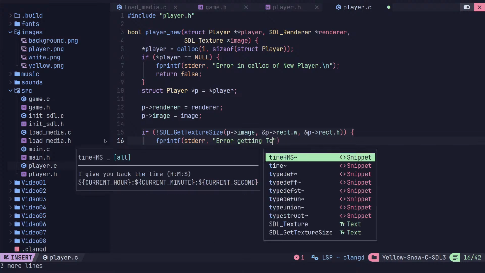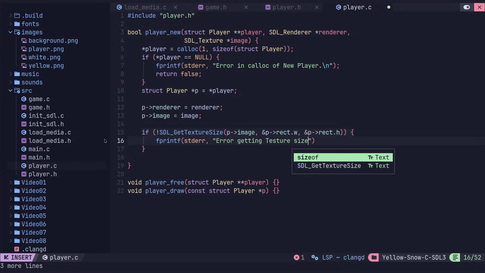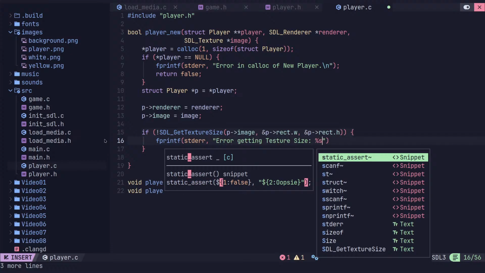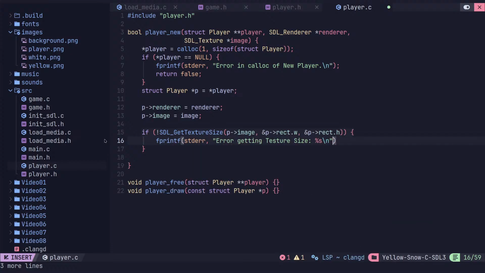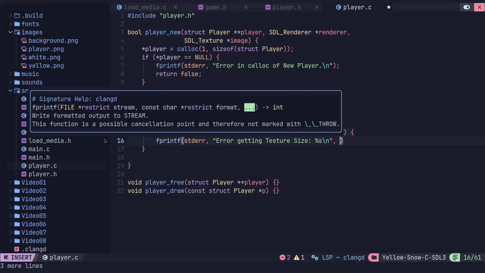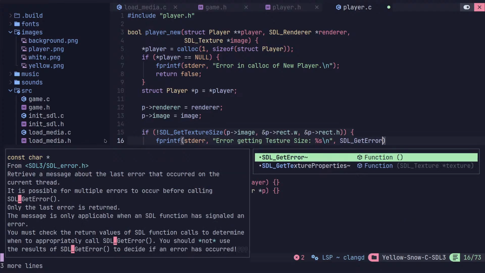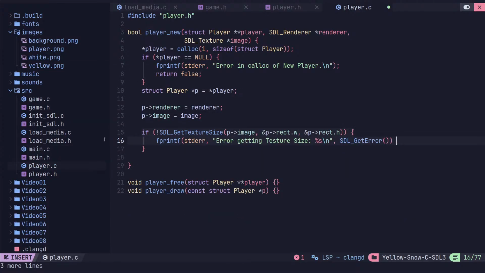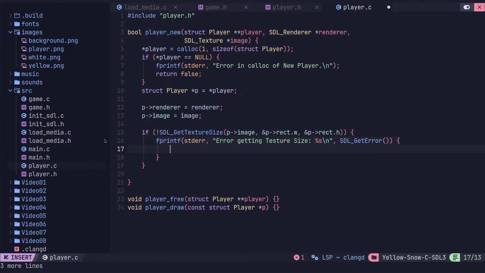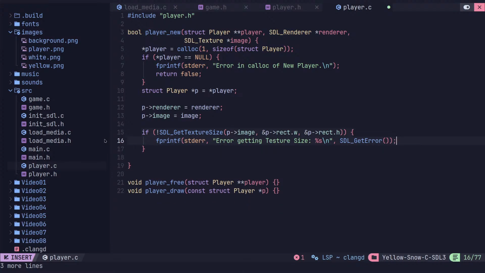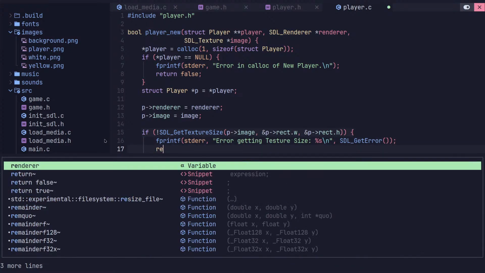Error getting texture size. I guess I put size as capital. So this is an SDL error. So I'm going to do this with a %s for a string, and like that. And we'll say SDL get error. There we go. And then we can just return